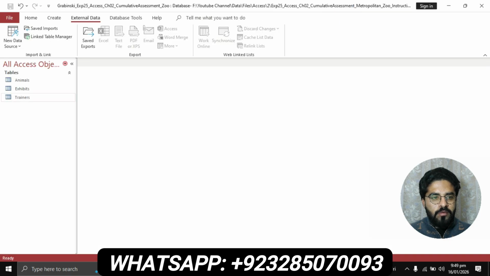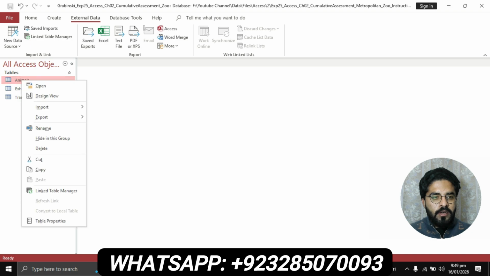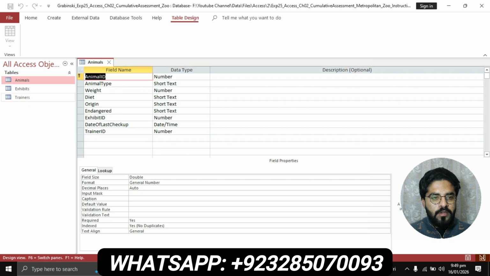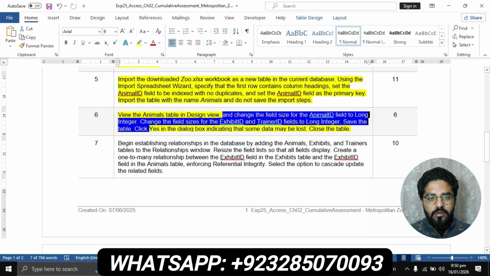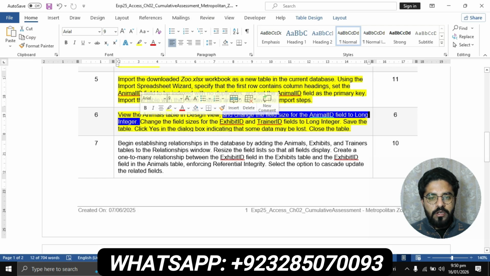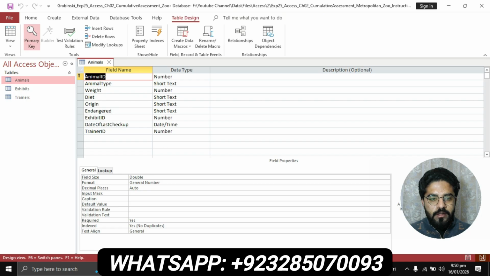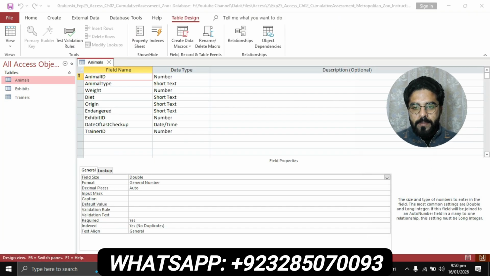Now you will have to open the animal table in the design view. Select this table, animals, then right click on this and click on design view, and change the field size for the animal ID field to long integer. First we select the animal ID, then the field size is long integer. Click on this drop down, then select long integer,